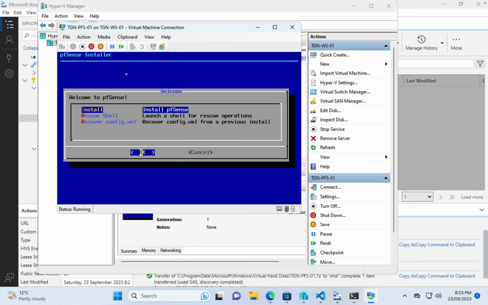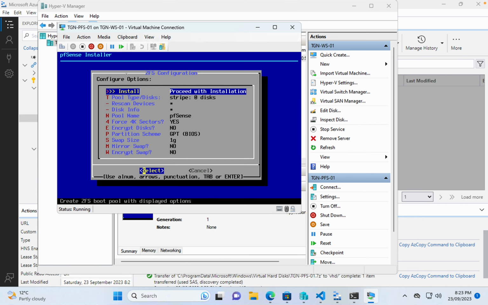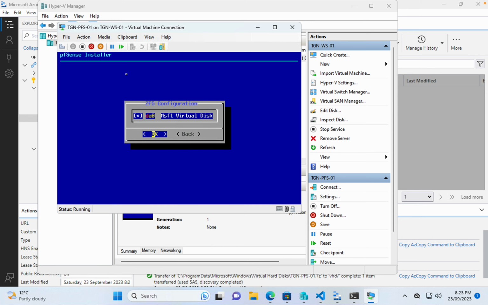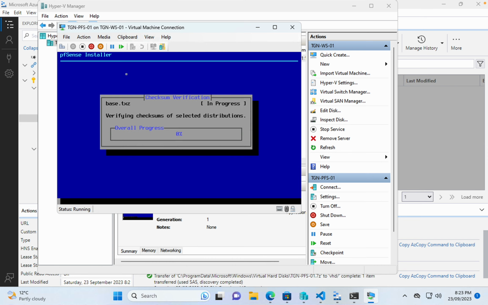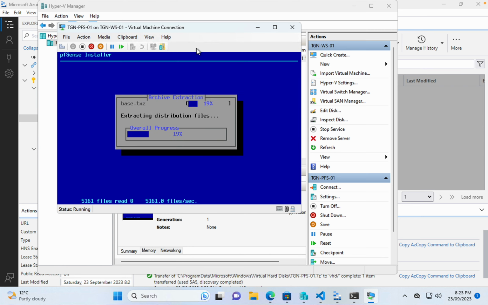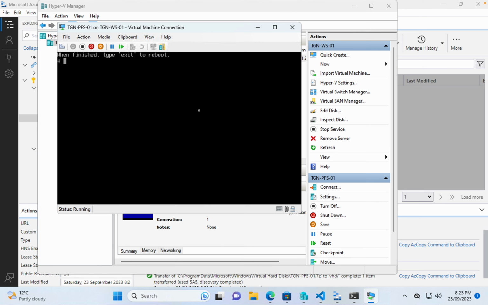So once we run through the installation wizard of pfSense in the Hyper-V image here, just accept all the defaults, proceed with installation, no redundancy, choose the disk that you want to install to, and say yes to install to that disk again, and then we'll wait for that to complete. Now once that's completed, it's going to say, do you want to reboot? I'm just going to shut the system down